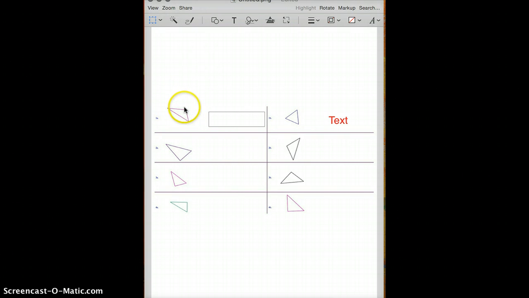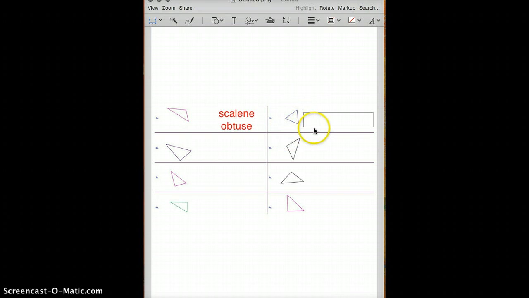is obvious to see that one of the angles is greater than 90 degrees, which we know makes it an obtuse triangle. And we can tell by measuring it that none of the sides are equal, so it then becomes a scalene obtuse triangle. The second triangle, we can tell that these angles are all equal using your protractor, which means that